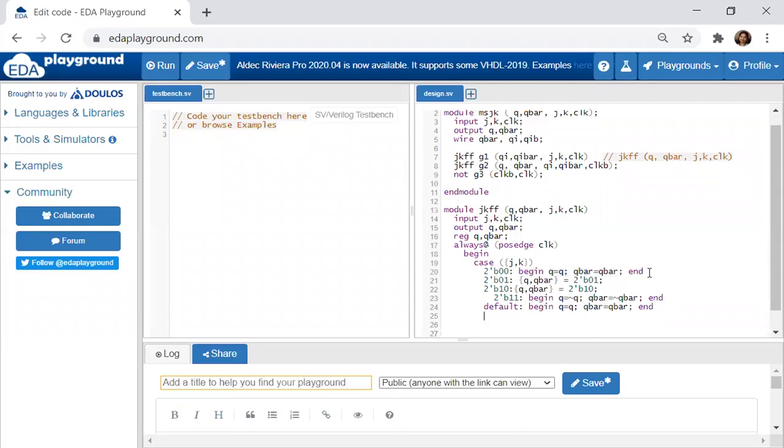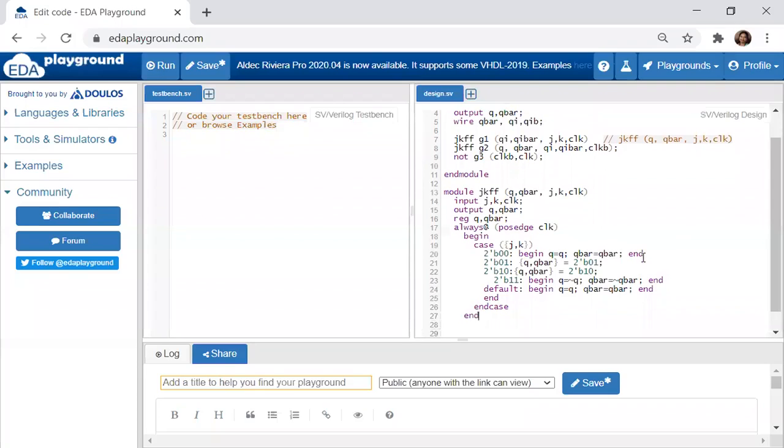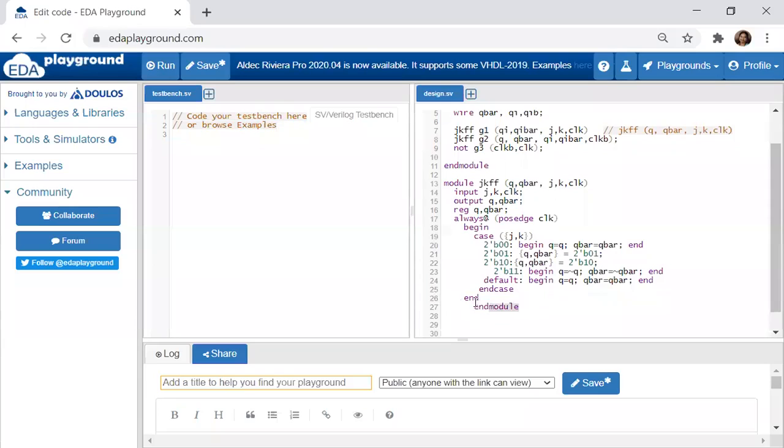And next, what do I have? Next I'm going to end, and then end case, and then end the module. If you write correctly, the module will start over here and end module will also be there. If I have written module over here but my end module is over here, something is amiss, it is not matching. The indentations will be the same. So always begin, end, case, then end, and then end module. If I write end module, it should come to the correct location.